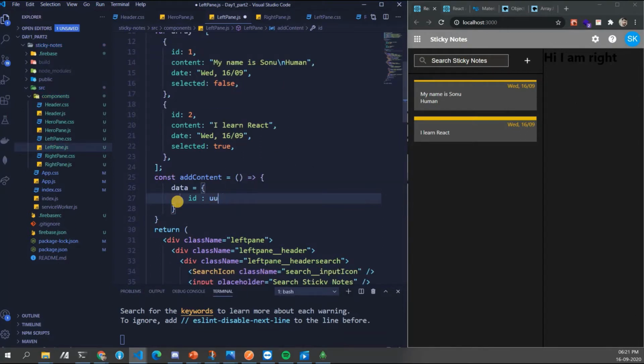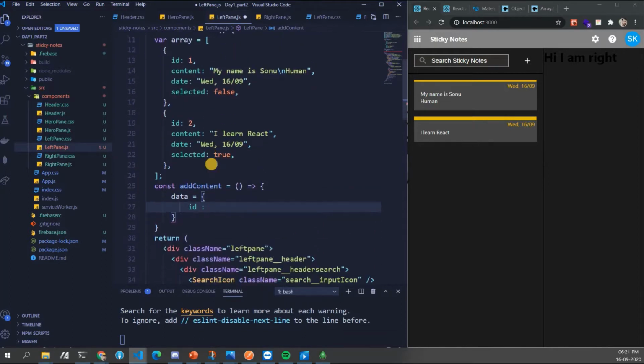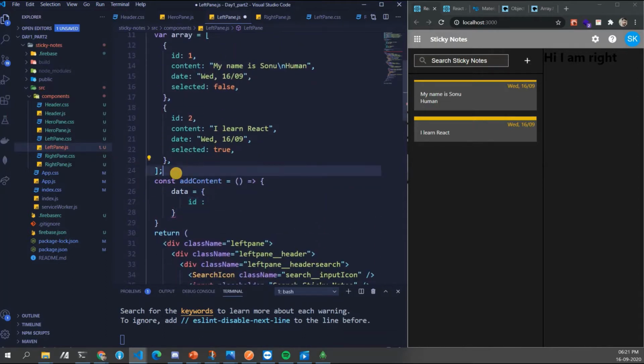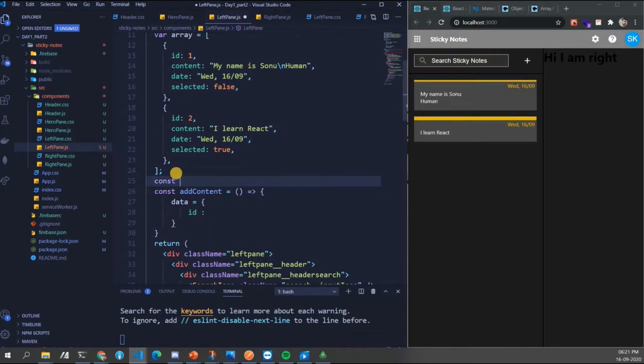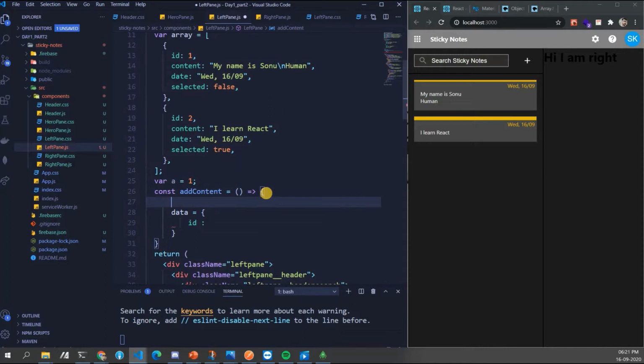We have to import a package, but let's do it dynamically. Let's say const, let's take a variable. I'm just explaining, we'll do this by completely generating a unique UUID, but just for now, for coding purposes, a equal to 1. Whenever we go here, increase the value of a to a plus 2.